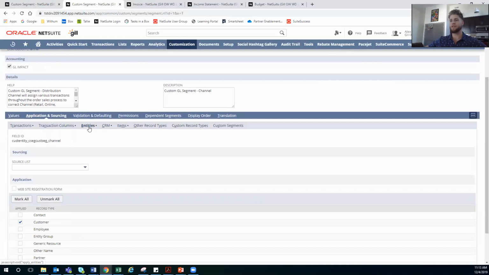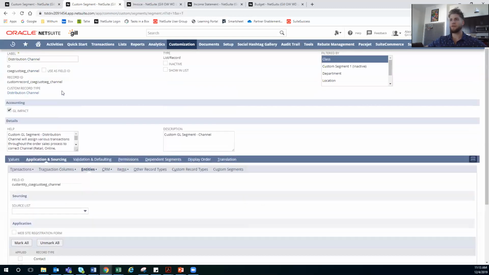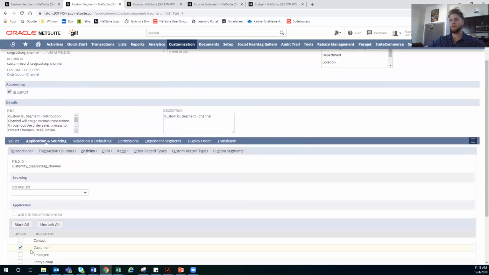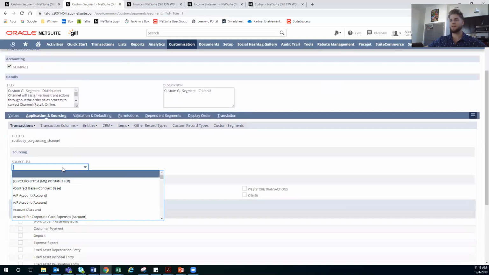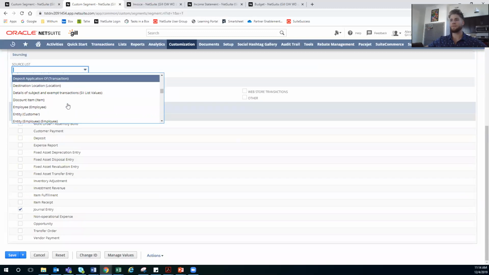You can tag it to entities, so we can put it on the customer record. And one thing we're going to look at is the ability to dynamically filter. So if we were to put this field on the customer record identified here, and we were to go to transactions and put source list and then enter